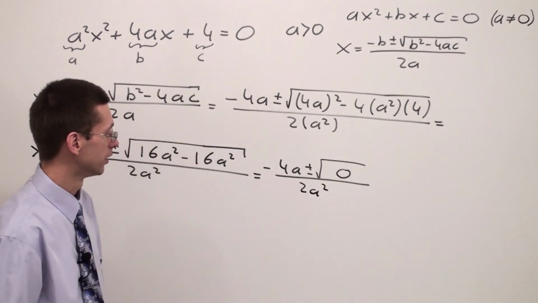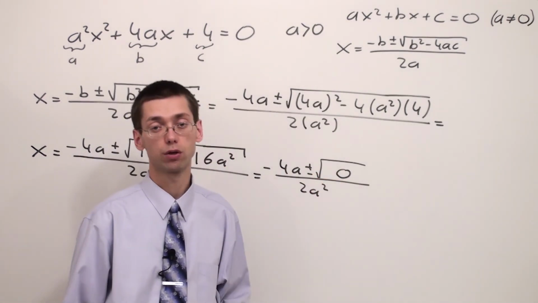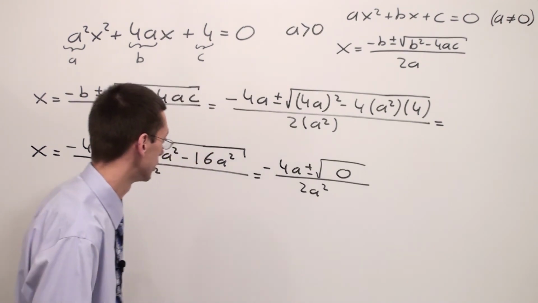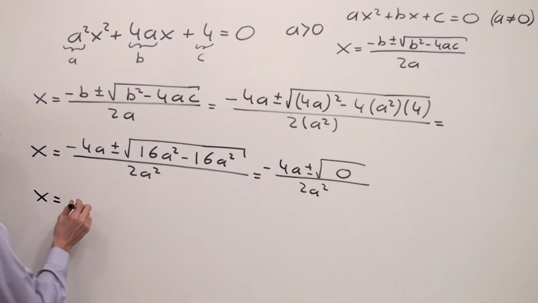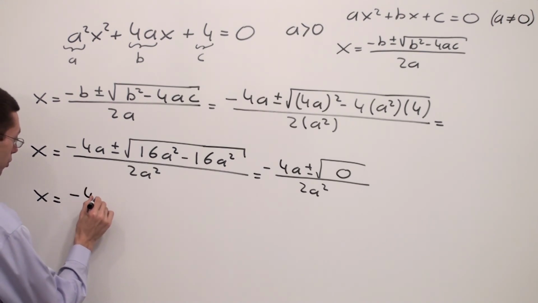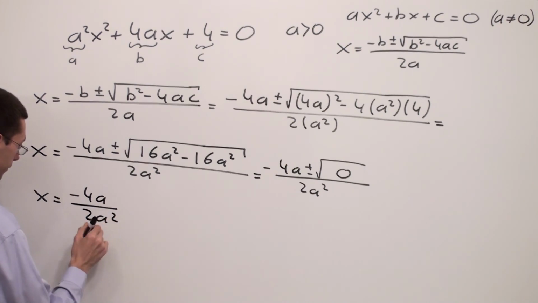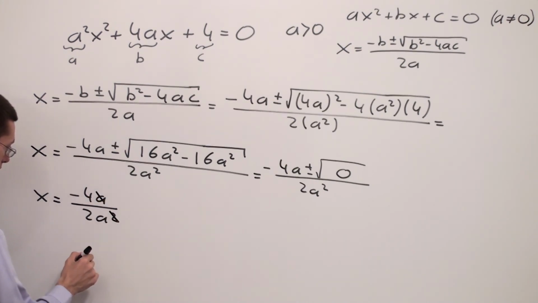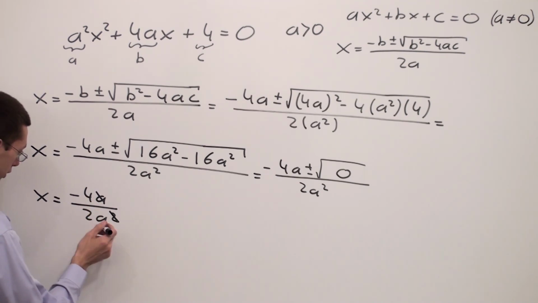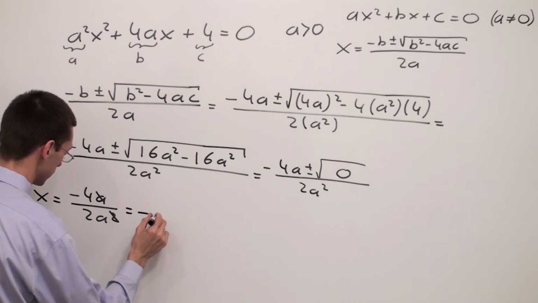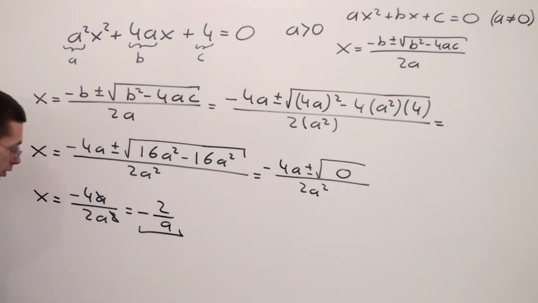Please notice that the discriminant has a value equal to 0. It means that we are going to have just one solution. I can say I have x equals negative 4a over 2a squared. The a and the square will cancel out. 4 divided by 2 is just 2. That's why I'm going to have negative 2 over a. And this is the solution to my